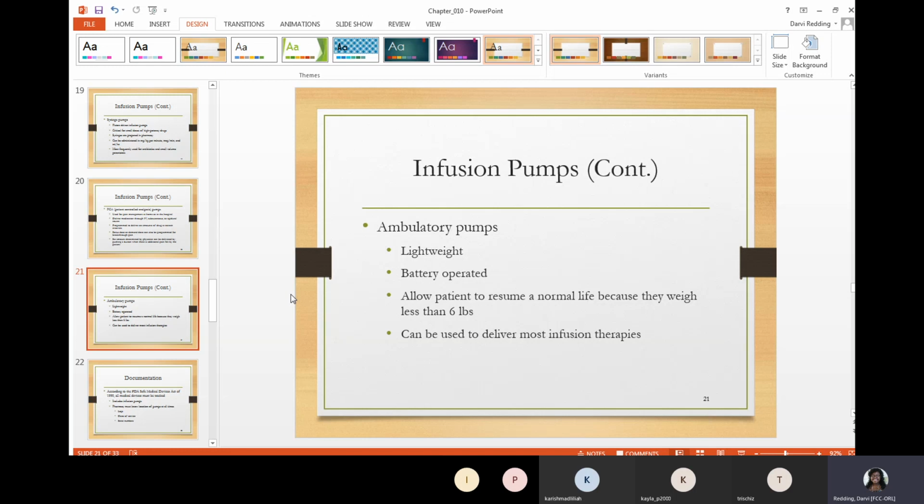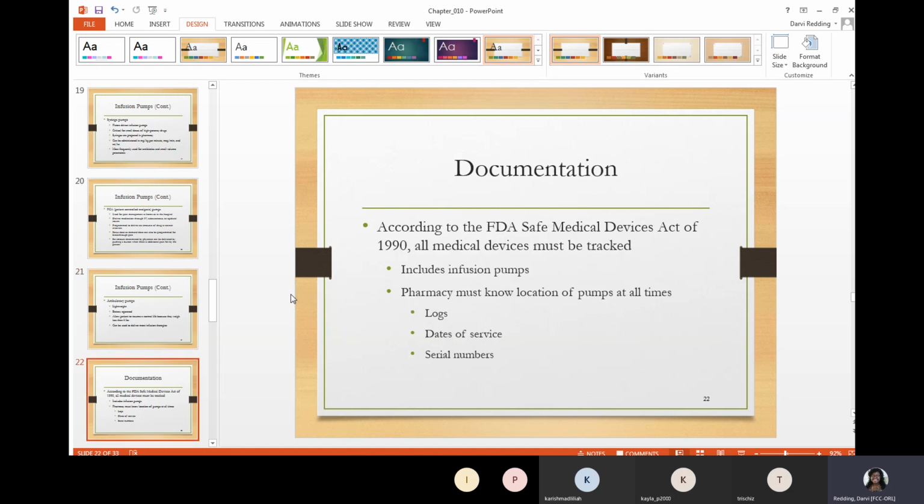So now that we've completed talking about the infusion pumps, we'll next talk about some important documentation. Now, according to the FDA, Safe Medical Devices Act of 1990, all medical devices must be tracked. So this includes infusion pumps, and with these devices, the pharmacy must know the location of pumps at all times. The documentation that's being taken on the devices is going to include a log, the dates of service, as well as the serial numbers. And so if something needs to be recalled, and they need to pull a specific device from being used, they